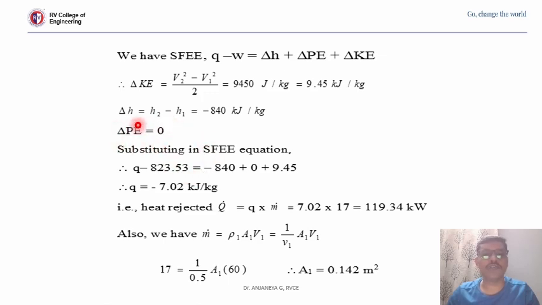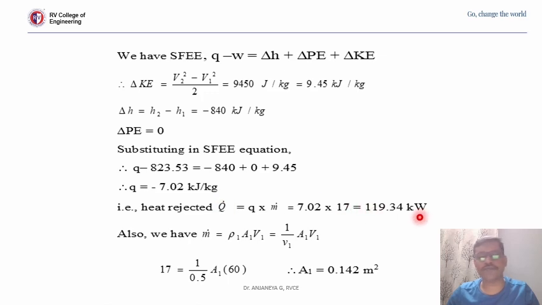So when I substitute delta KE, delta H and small w, which was calculated in the previous slide, Q has to be calculated. This is small w in kilojoules per kg, and this is delta H. Delta PE is 0 and this is delta KE. So I am getting the heat rejected, actually not the rate of heat rejected, just heat rejected, as minus 7.02 kilojoules per kg. Since the mass is given in the problem as 17 kg per second, I can calculate the rate of heat rejected as